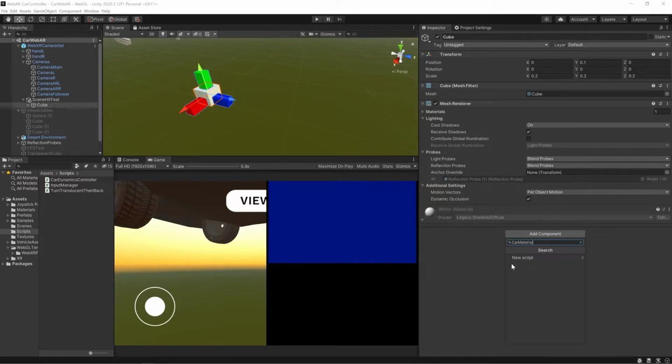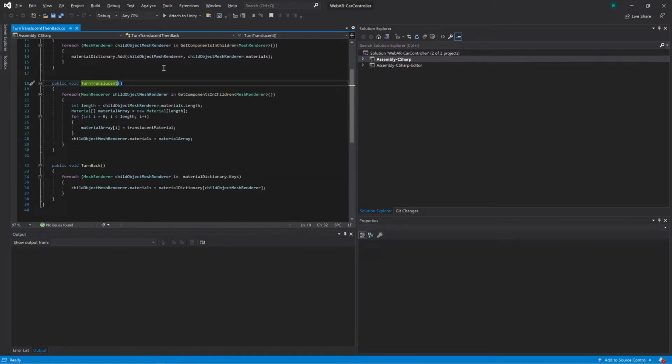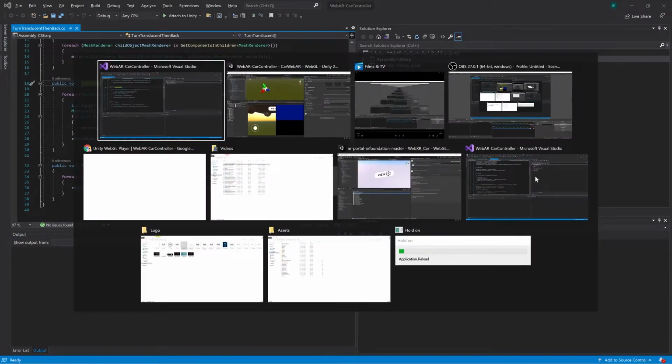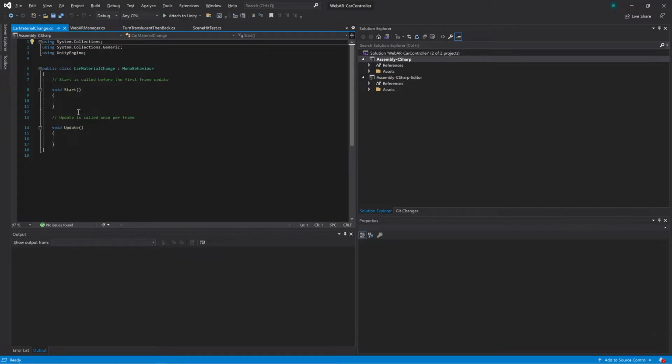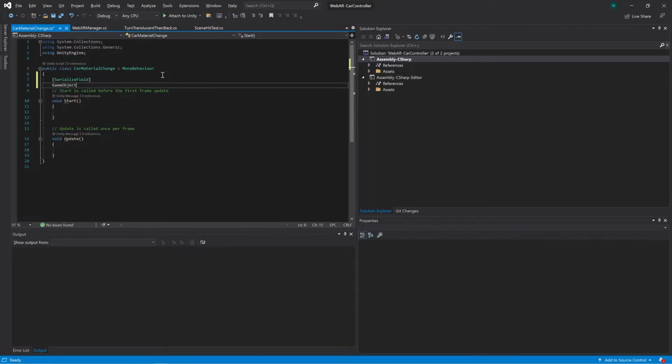We have a transparent material which we already imported with the car object. So I'll be creating a car material change script and calling translucent and turn back functions. You can define the object in a serializable field, right?